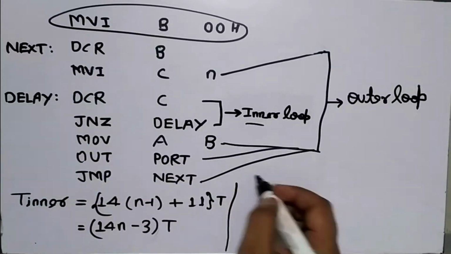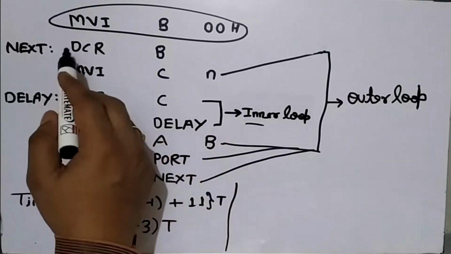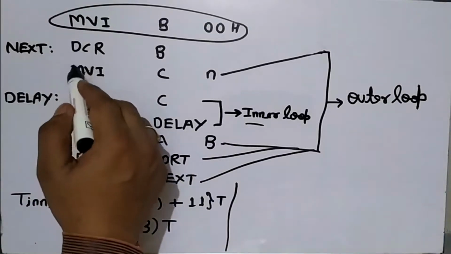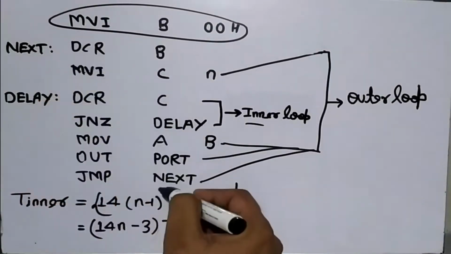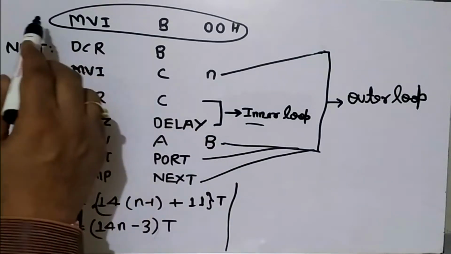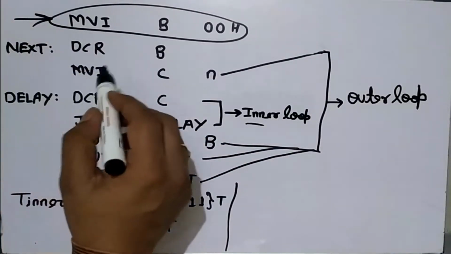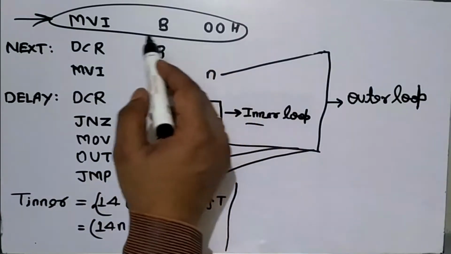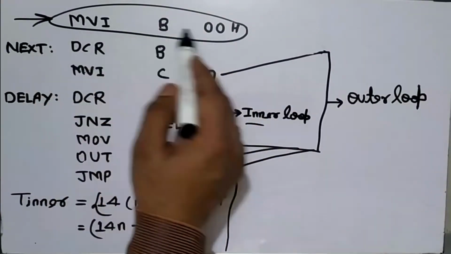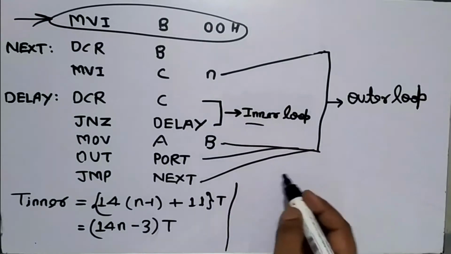All n loops will run with the help of only these instructions from DCR B to JMP next. This instruction will only execute one time, hence the time consumed in it will not be used. T outer